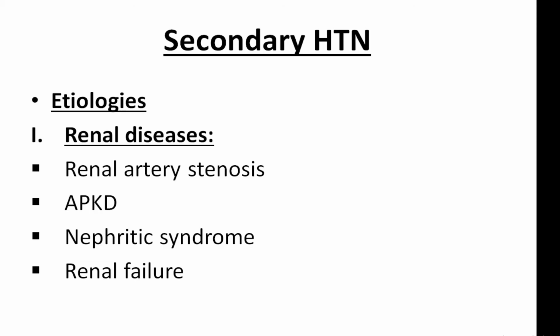As I told you, secondary hypertension is always due to some underlying disease. So there are certain etiologies of secondary hypertension. First one, etiology related to secondary hypertension is renal diseases. There are certain types of renal diseases that contribute to secondary hypertension. That is renal artery stenosis, adult polycystic kidney disease, nephritic syndrome, renal failure,